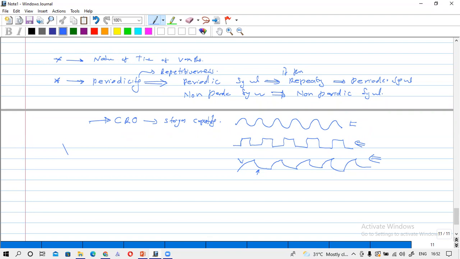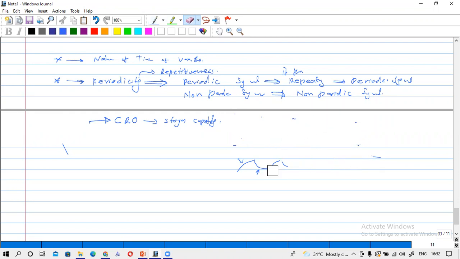That means if this signal is repeating like this, only then can you see it. This voltage value is again repeating here, no? So I will cut this, and if I draw